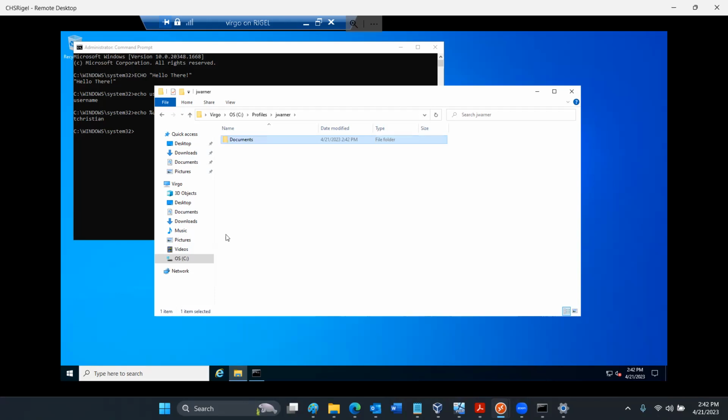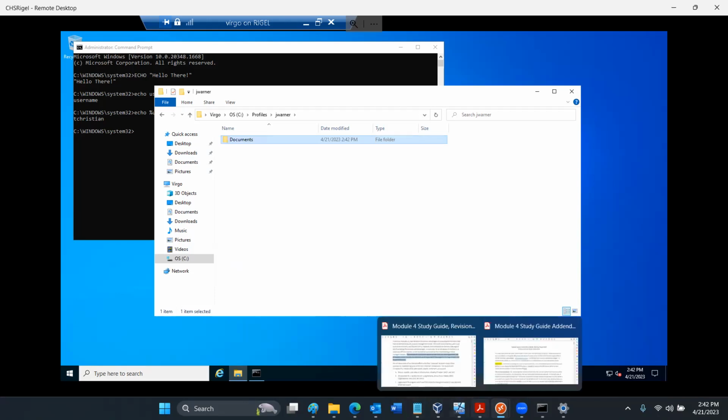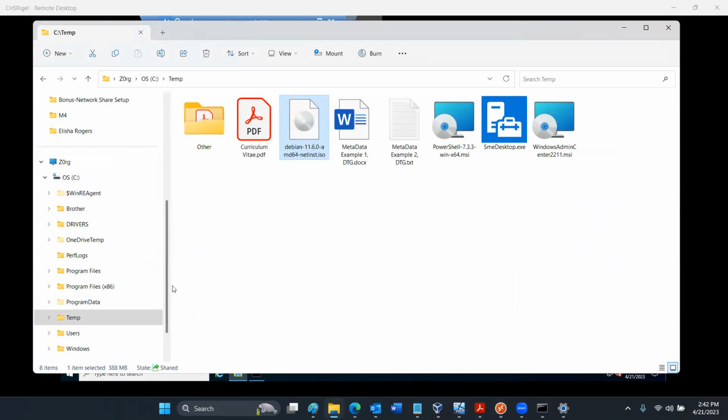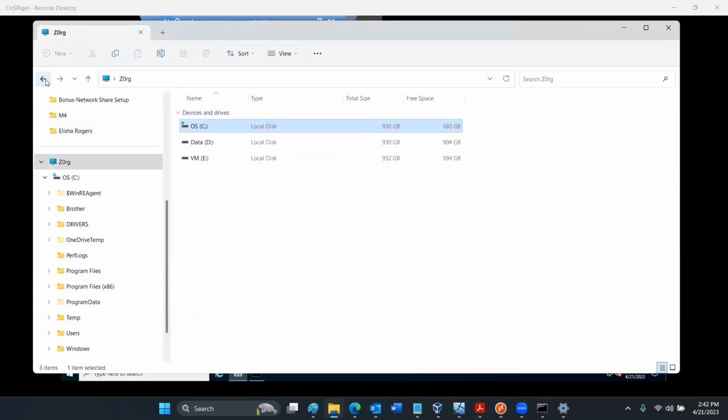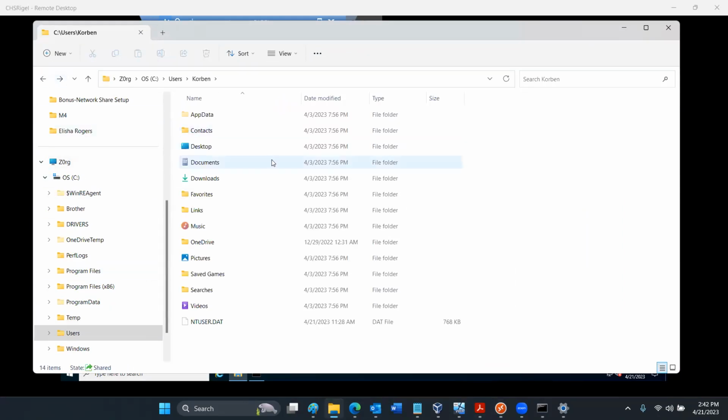What were these that we were talking about here? Oh, there's an app data folder, a contacts, desktop, documents, downloads, right? All of this. I'm going to go ahead and have an exact duplicate of all these directories sitting on that server.